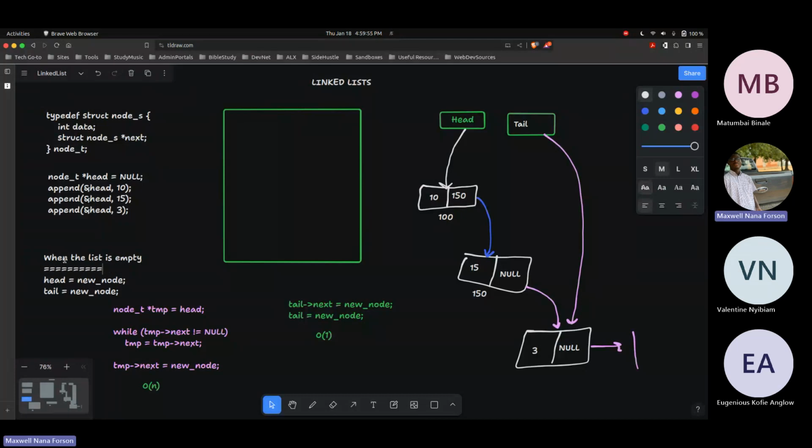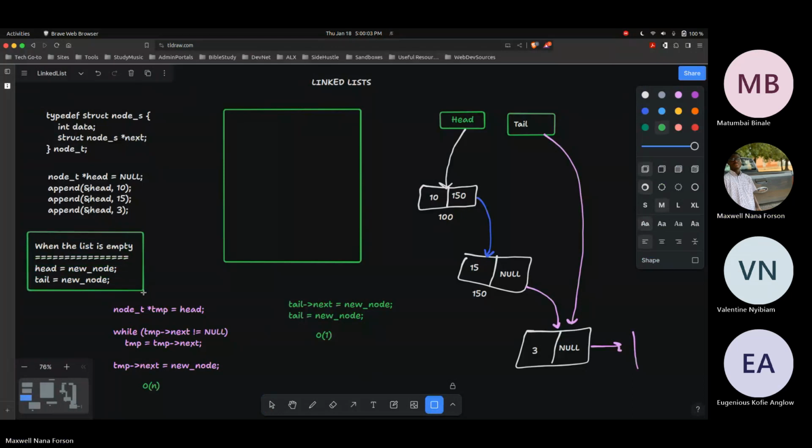So when the list is empty, something like this is going to happen, right? So let me put this inside of something like that, right? So probably I would have to put these guys also into a few stuff, right? So